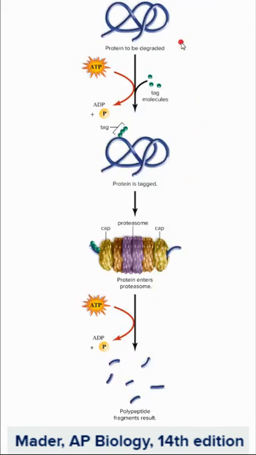So again, let's say we get to that point where we've created all these proteins. Now again, if we no longer want that protein to be functional, we can degrade it. So the protein can be tagged, and once it's tagged, it gets sent to the proteasome, which is a multi-protein complex. And that proteasome can then break down the big protein into small polypeptide fragments that are no longer functional and don't have that three-dimensional shape that makes them work.